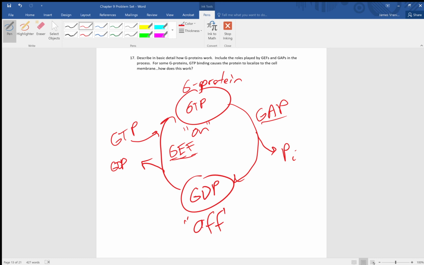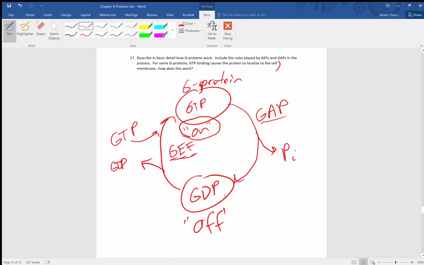Now, the second question here: for some G proteins, GTP binding causes the protein to localize to the cell membrane. How does this work? Well, in this case, the on state of the G protein is basically binding to the membrane. Now, the way this usually works for these particular G proteins is that these are lipid-linked proteins. So they might have a farnesyl group, for instance, or maybe a covalently bound fatty acid or something like that